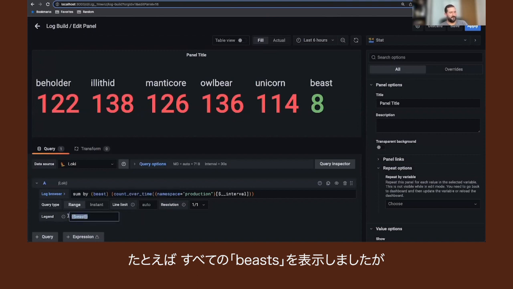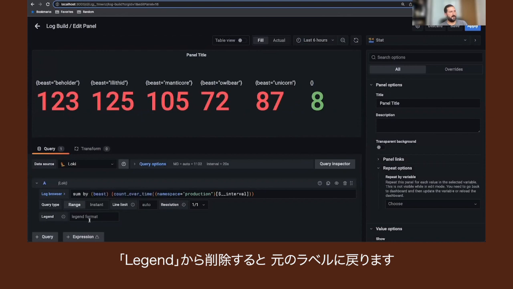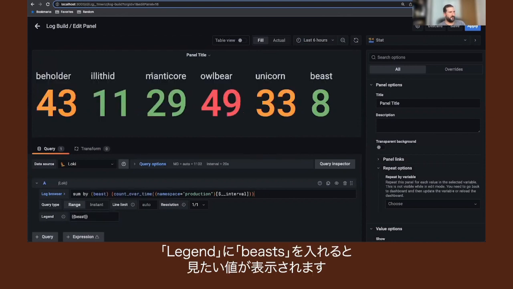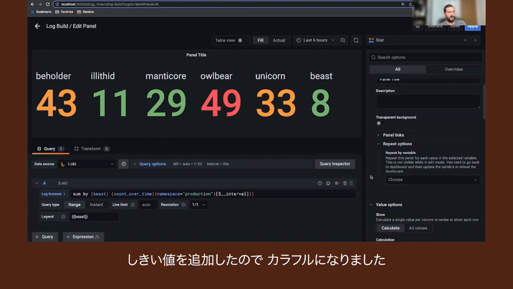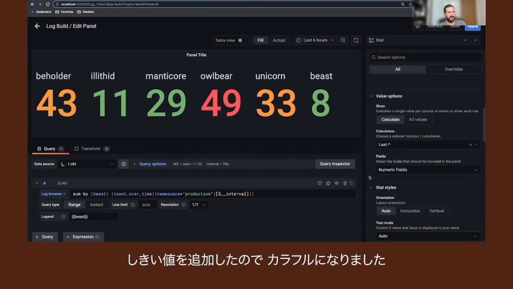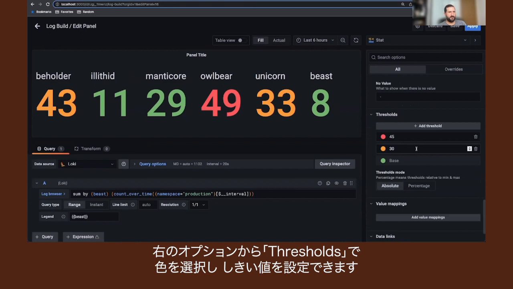If I take that off, what you'll see is it will go back to what that label was and be able to see what's there. Whereas if I do this, we'll be able to see this with the actual values that I wanted. Now I've also added some thresholds in here, which is why you see these different colors. It gives you a lot of the same options that you would have normally in here. So for this example, I just said, show me some different thresholds that exist in here, and I can pick and choose those. So it's going to give me some different colors as I see fit.